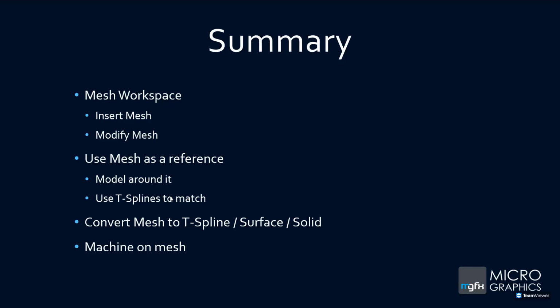Now, the reason behind all of this is that you can then use that mesh as a reference. You can either model around it using standard modeling tools, solid surfaces, T-splines, or you can use the ability for the T-spline to actually match that mesh shape as close as possible. And as I mentioned with the T-splines, it's good to get as many divisions in the T-spline as you can to match that mesh even closer. Those T-splines or that mesh can be converted to a T-spline/solid/surface if it is a quad